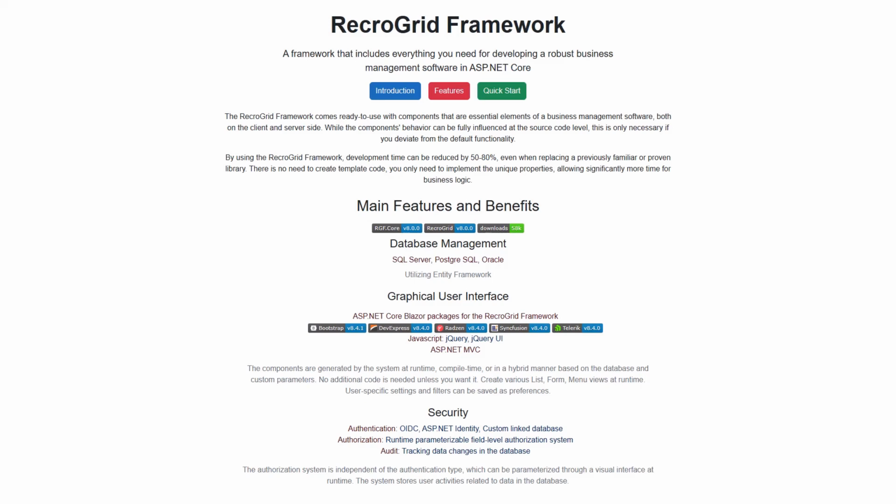For the demo, I'll use a sample application previously created for the Northwind database. The RGF is capable of using any standard OIDC provider. Currently, I'm using users and application registrations stored in Microsoft Entra ID. If someone is unfamiliar with this registration process or hasn't seen the example application creation, they can view it by clicking on the videos in the description. By the end of the tutorial, you'll know how to enable users to log into the program using OIDC, establish access groups for Northwind entities, associate these groups with roles, and assign users to roles.